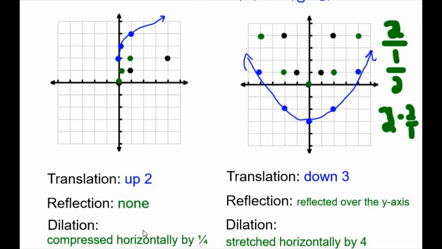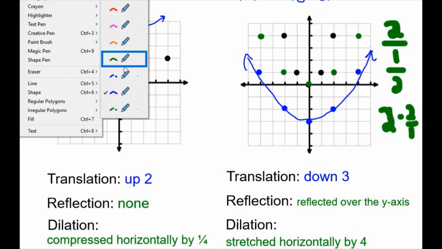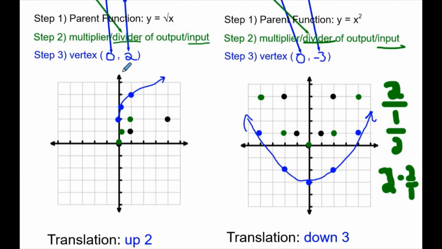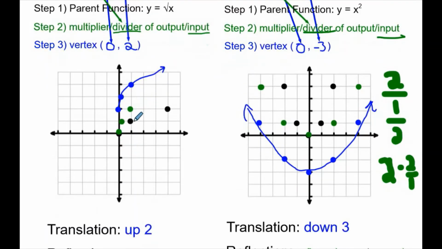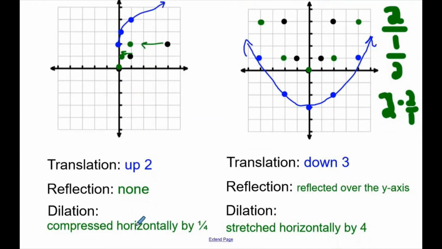The dilation here was that I compressed my graph horizontally. Now, if you're thinking about the fact that it got bigger, that's why words like bigger and smaller, they're not precise. This graph looks taller, sure, but what actually happened in this graph, and this is super important to understand, is by dividing by 4, I didn't multiply, I made the graph go in. And when the graph goes in, that is a compression, and it's happening in this case horizontally, because this is